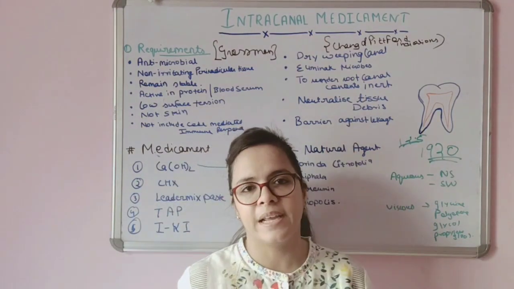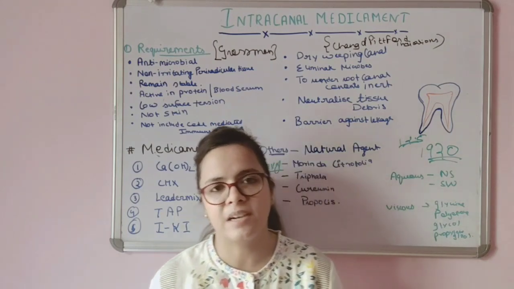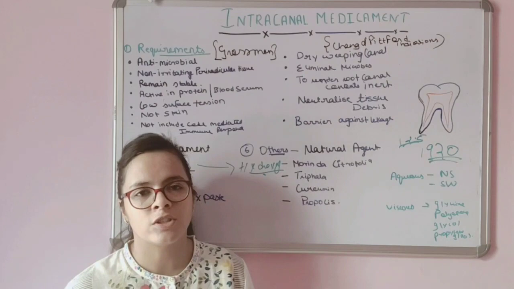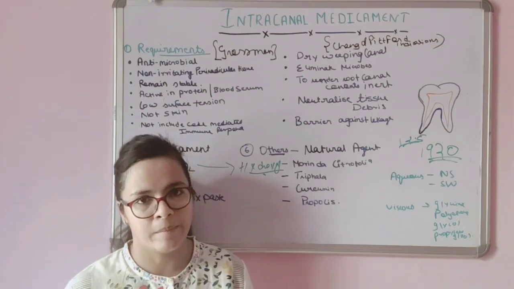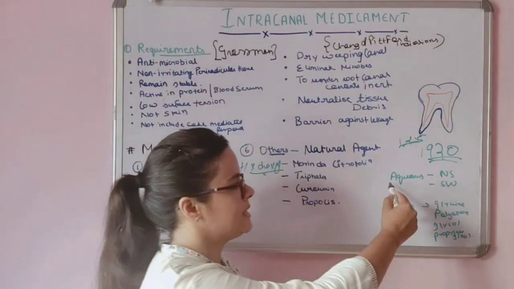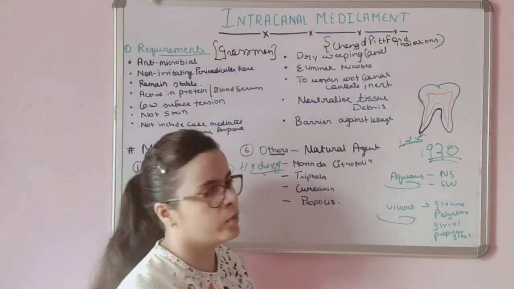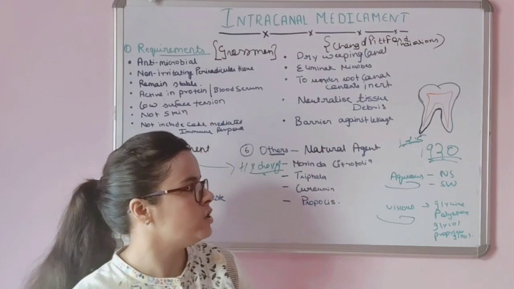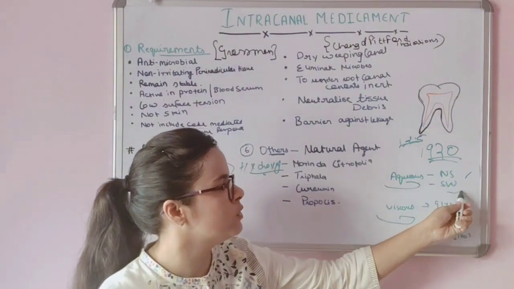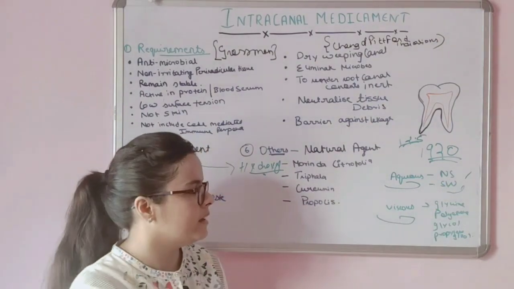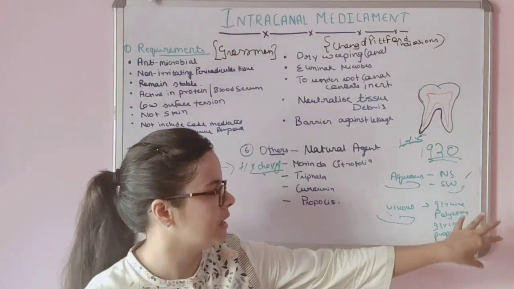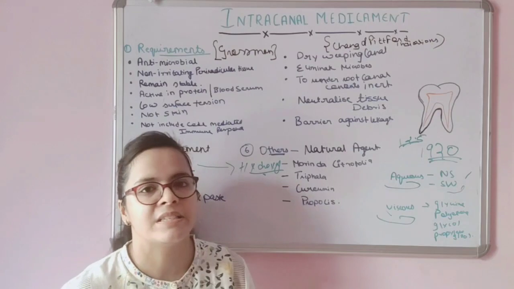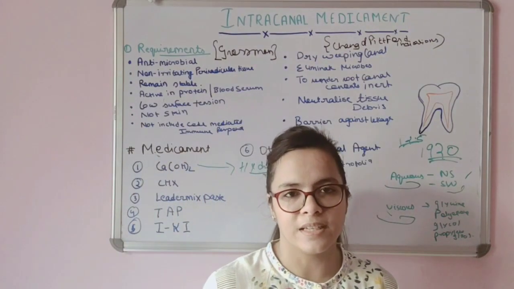While using calcium hydroxide, it's in powder form. If you want to mix it in a proper way so as to achieve a better intracanal medicament, it can be done in two ways, that is in the aqueous form or in the viscous form. If you are doing it in the aqueous form, you can either use normal saline or sterile water, and in the viscous form we have glycerine, polyethylene glycol or propylene glycol. Personally, I mix it with glycerine.